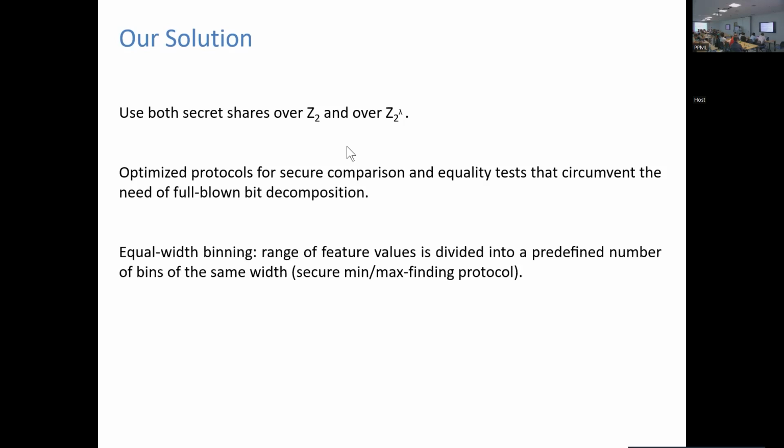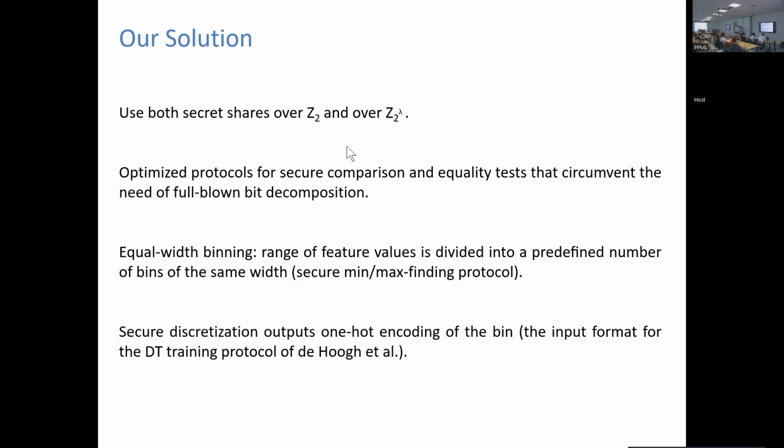And essentially, we are doing equal width binning for the ones where we are doing discretization. So we assume that the bins are the same size, and maybe some of the bins will get more elements, others will get less, and so on. That involves a secure protocol to find the minimum and the maximum, and then you can use equal width to split the points.